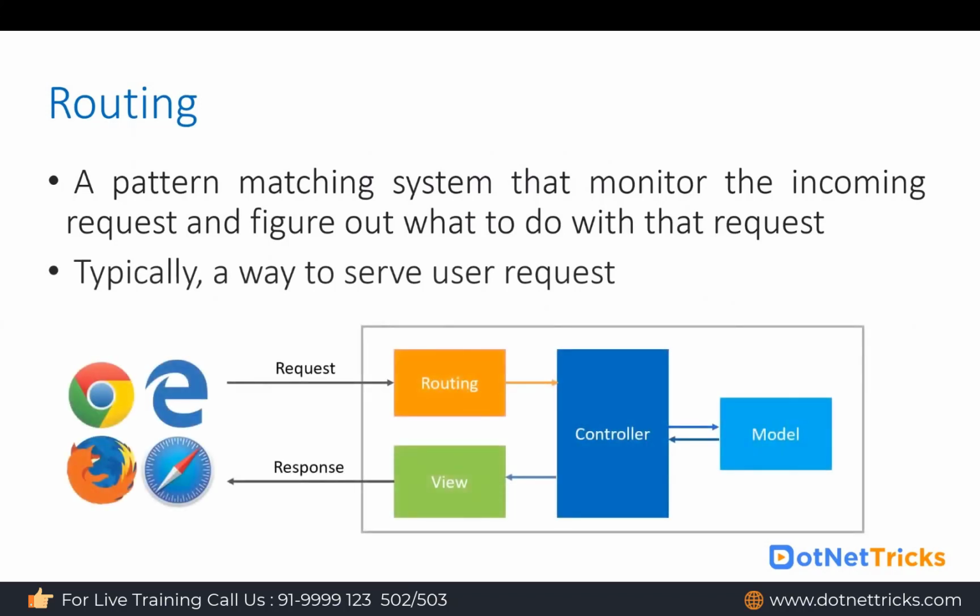This is a typical diagram to understand the flow. So when you make the request, it is handled by the routing system. Then if the request is going to be processed, it goes to the controller. The controller executes with the help of the model, and whatever the result is prepared, it is rendered through the view into the browser. So this is the typical flow for routing.